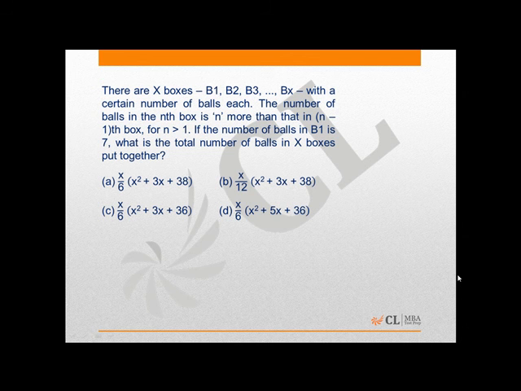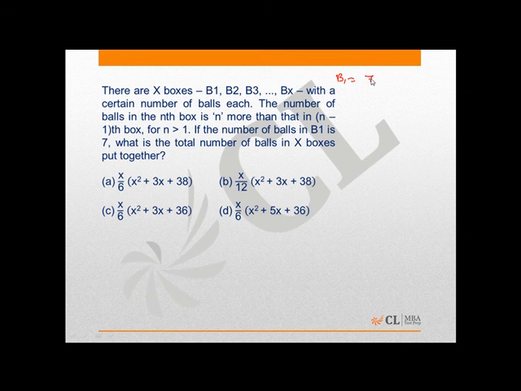Now this is a series based question. So we have x boxes b1, b2, b3 till bx with a certain number of balls in each. The number of balls in the nth box is n more than that in the n minus 1th box for n more than 1. If the number of balls in b1 is 7, so what is given to me is first case